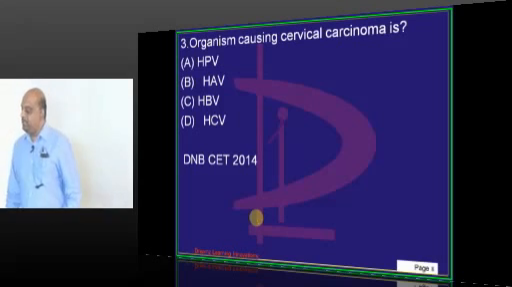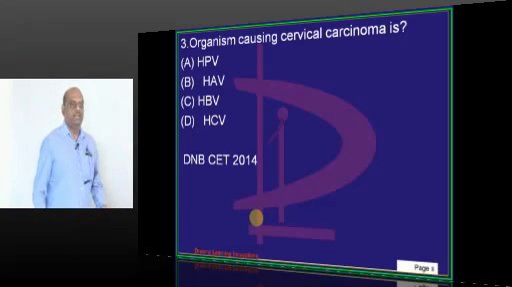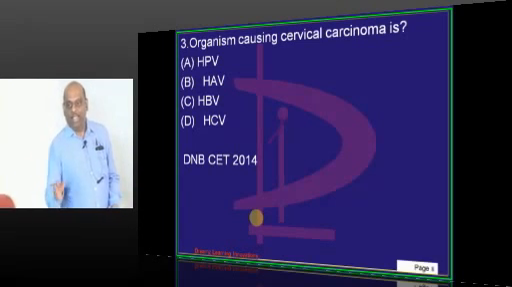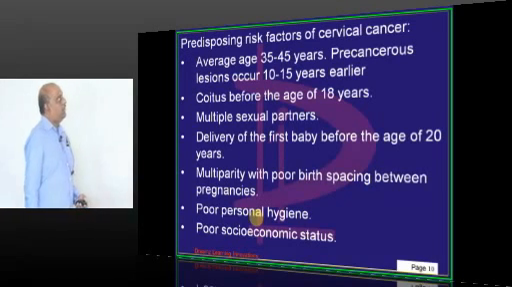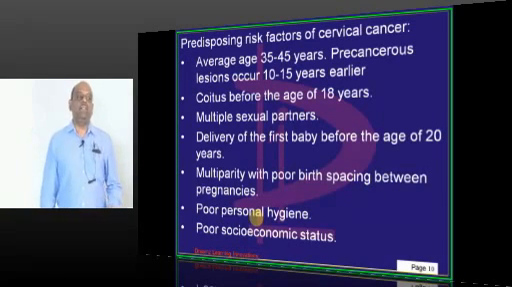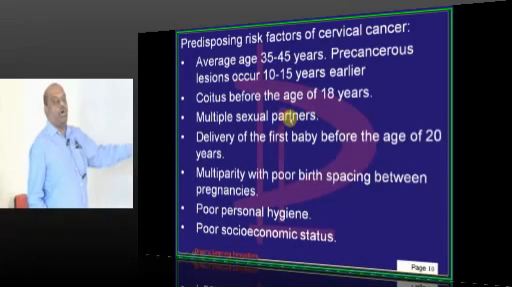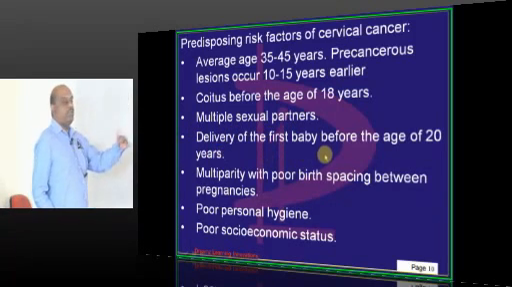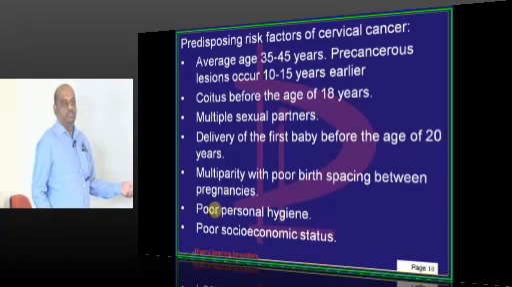Now, what is the organism which is causing cervical carcinoma? Even 2014 DNB, HPV is what you have to remember. Now, what are the other predisposing factors for the carcinoma of the cervix, doctor? Typically, coitus before 18, multiple sexual partners, and delivery of the first baby before the age of 20, multiparity, poor